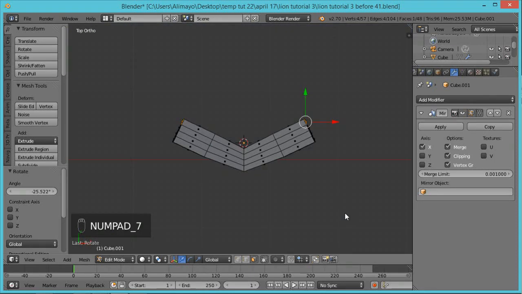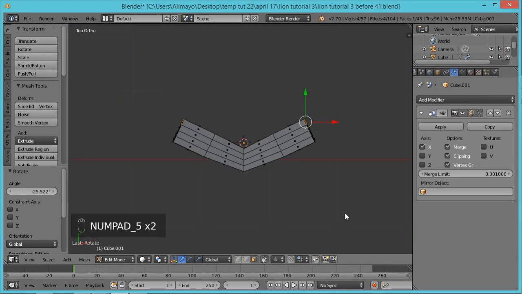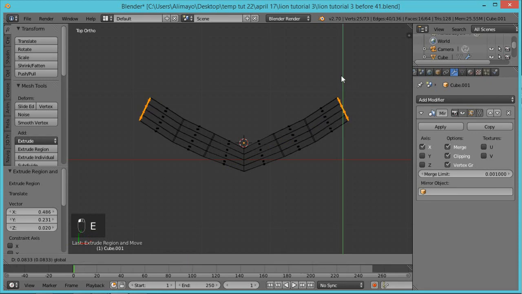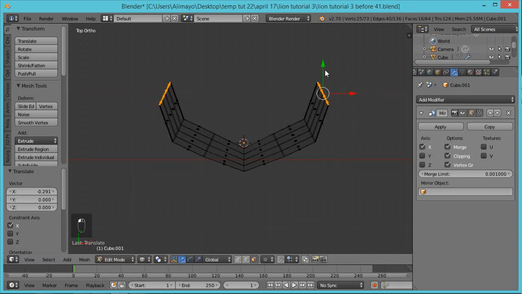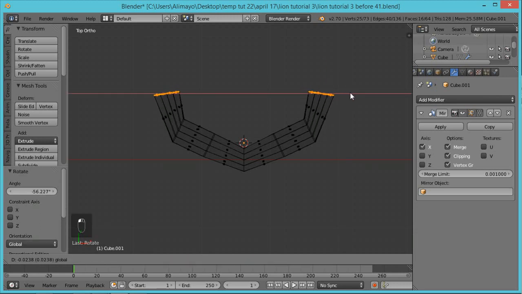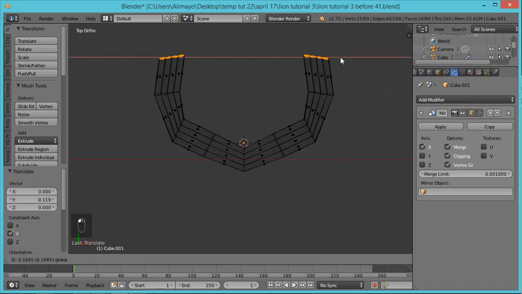Hit 7 to go into the top view, 5 to go into orthographic, Z, A to deselect, B to box select here, and we're going to hit E to extrude, and pull that back, push this in, hit R to rotate, push this in a little bit more, E to extrude, not too far, push this in, 1, 2, 3, 4, you want 6 of these, E to extrude,